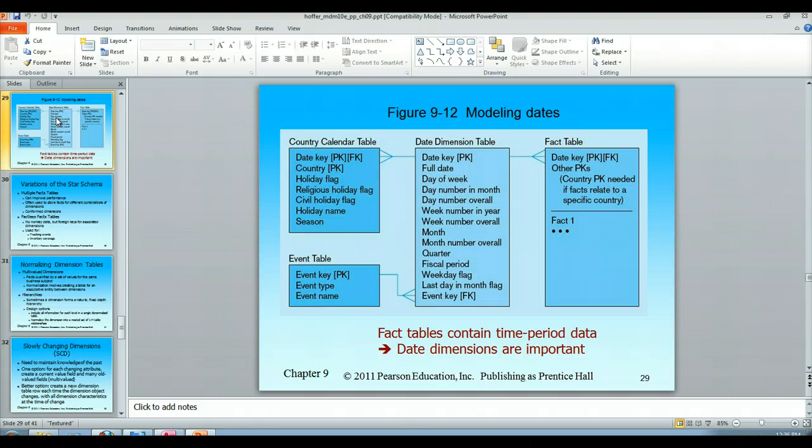attribute. So when we look at our date dimension table, you can see from this example how complex this can get. We've got our date key, which is our primary key, then we've got our full date, what day of the week is this, what number in the month, what number overall. And what does that overall number mean? Is that overall in the year? Are we talking about using some kind of Julian calendar or something like that? The week number in the year, the week number overall, what month is this? What month number overall? Quarter? You can see how this gets broken down